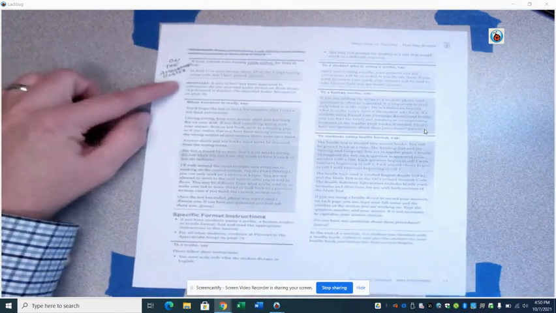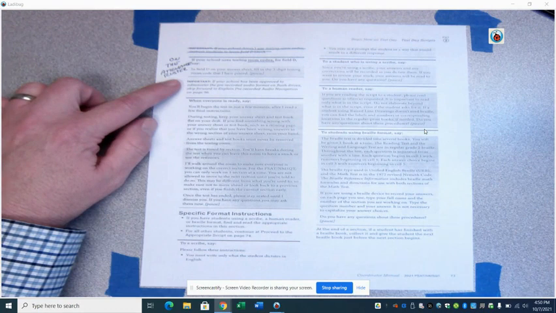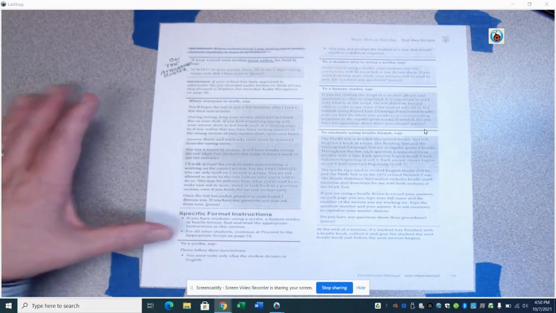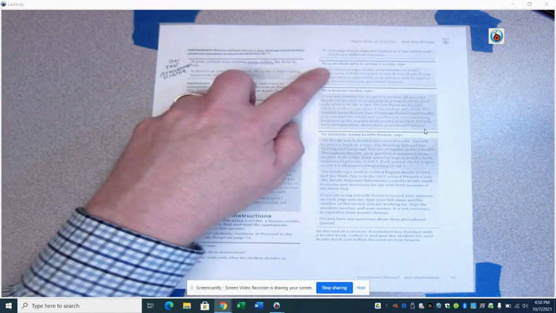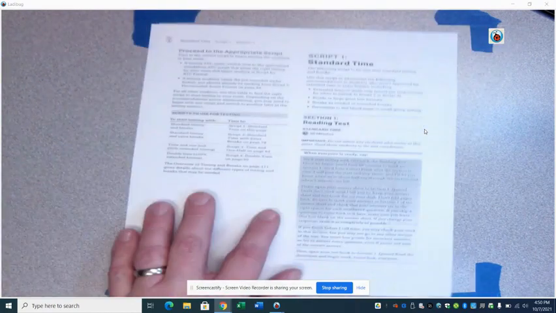Ask them to put their room code. This is listed on your attendance roster, so please make sure they get that 3-digit code. This will help us in the event that there's an irregularity. They'll have that information available. All right, so then there's some information here you're going to continue to read. There's some specific format instructions for scribes, human readers, and you're going to follow that information there.